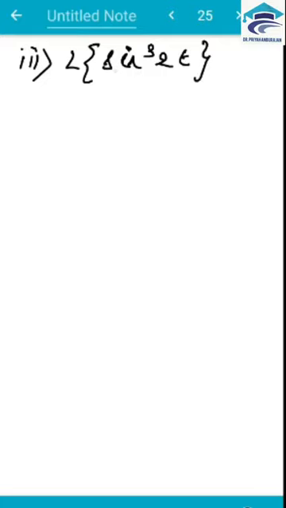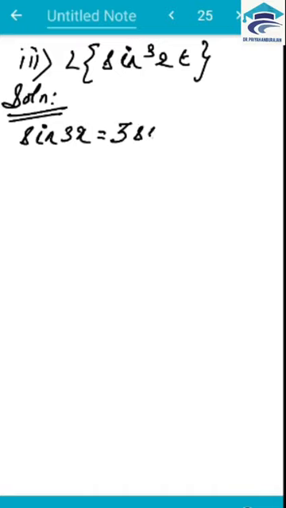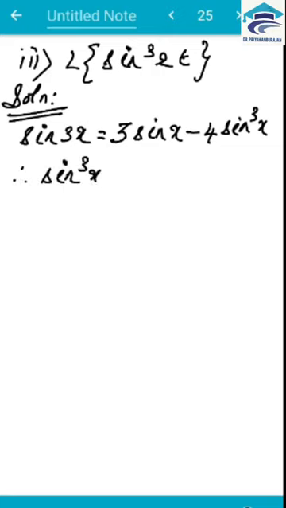Next, let us see another problem. This is L of sine cube 2t. We don't know the exact formula for sine cube, so what we are going to do is find the solution. I am going to use the sine 3x formula. So this is 3 sine x, we all know this is a trigonometric formula again, minus sine cube x. We will use this formula to find sine cube x. So therefore, what will be our sine cube? Sine cube x will be